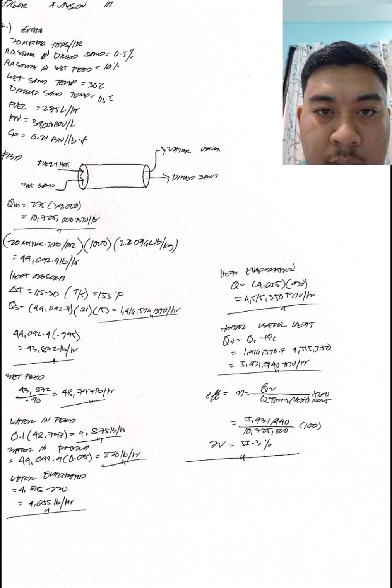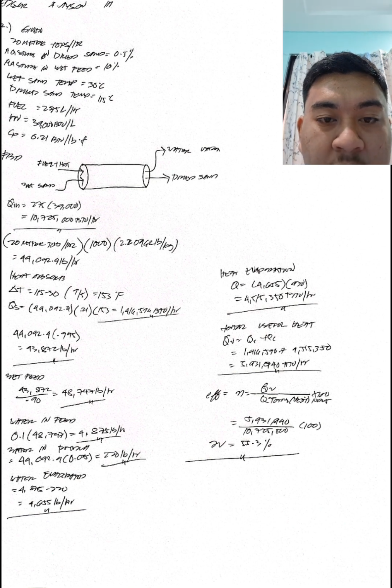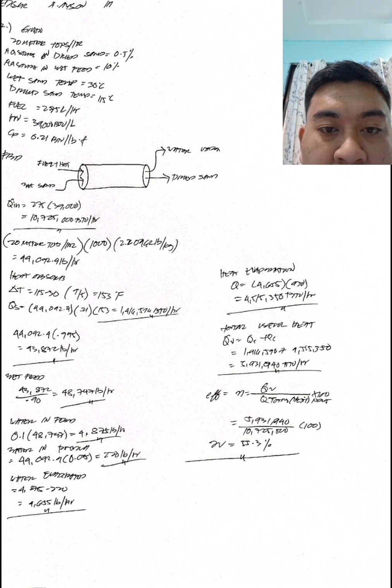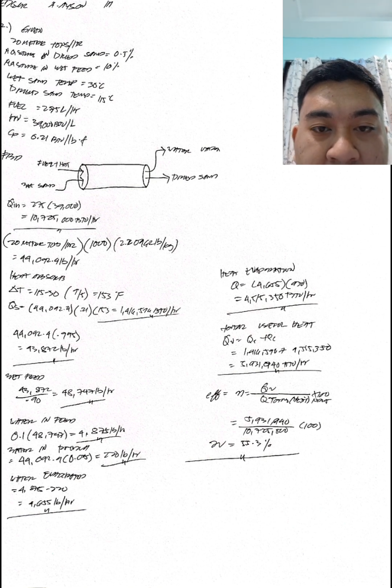So dryer efficiency is equal to useful heat divided by input. First, the total heat supplied by the fuel is 275 liters per hour multiplied by 39,000, which is equal to 10,725,000 BTU per hour. For the heat absorbed by the sand, I convert the 20 metric tons per hour into pounds per hour. I multiply by 1,000, then multiply by 2.204, so we get the answer